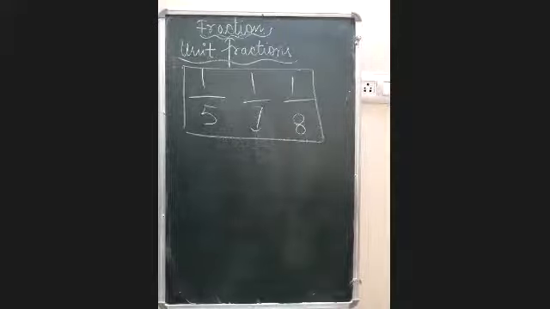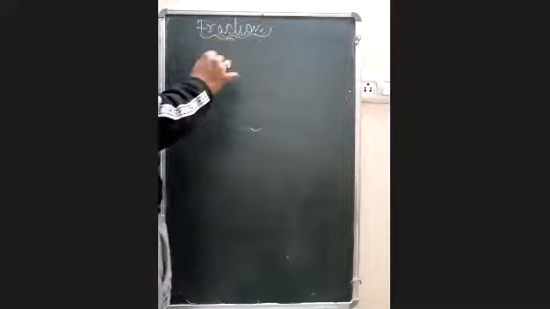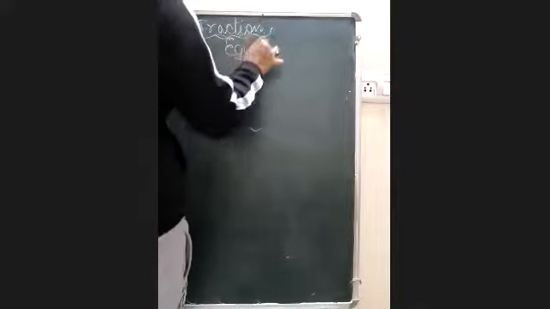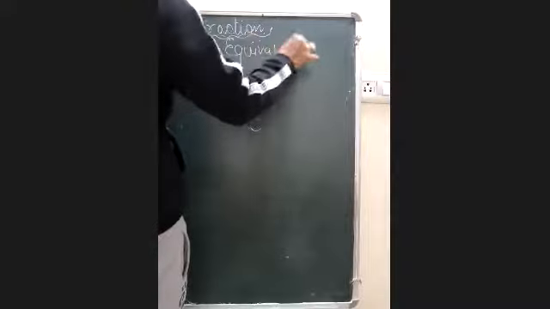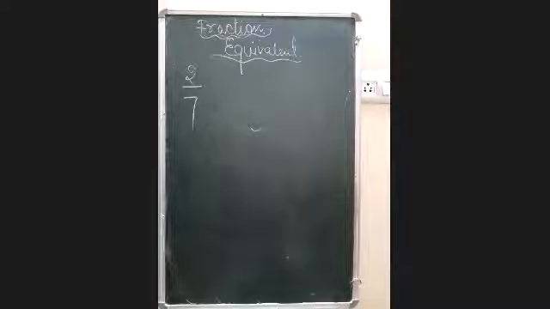Now moving on to the next question, that is equivalent fraction. Beta, remember, equivalent fraction is also again a very I can tell you very easy questions here. And equivalent question say topic say the question comes in exam especially. So equivalent fraction means, for example, if you have a number 2 by 7 and the question comes, find out 5 equivalent fractions of this number. So always remember, yes Pratyushi, you are very right. Always remember, when you're talking about unit fraction, equivalent fraction, you can multiply any number with numerator and denominator both.